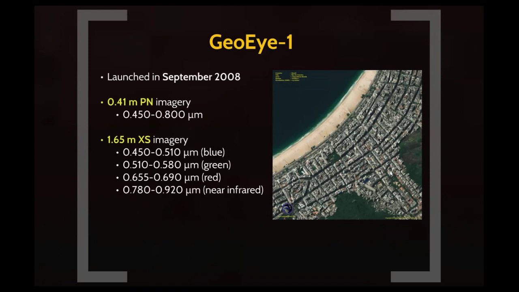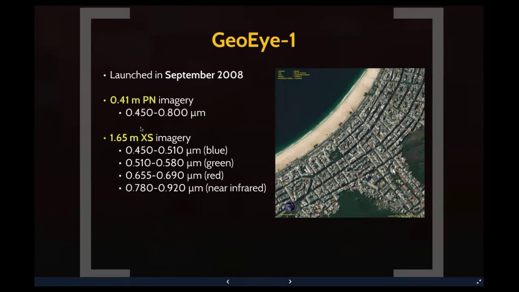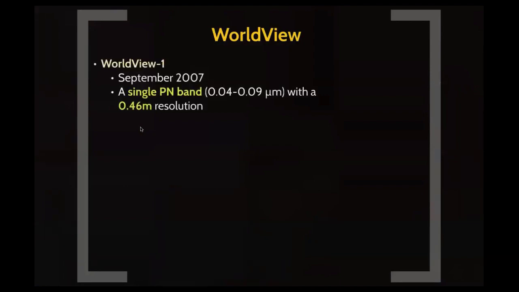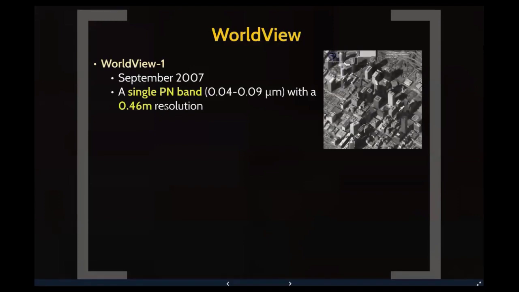And the GeoEye-1, well, it's another spatial, so you can compare basically as the new sensing systems are being launched and developed, you can see the improvement in terms of their spatial resolution. So now the panchromatic band can go down to 0.4 meter. And we also have WorldView 1 through 4. So WorldView 1 was a single panchromatic band